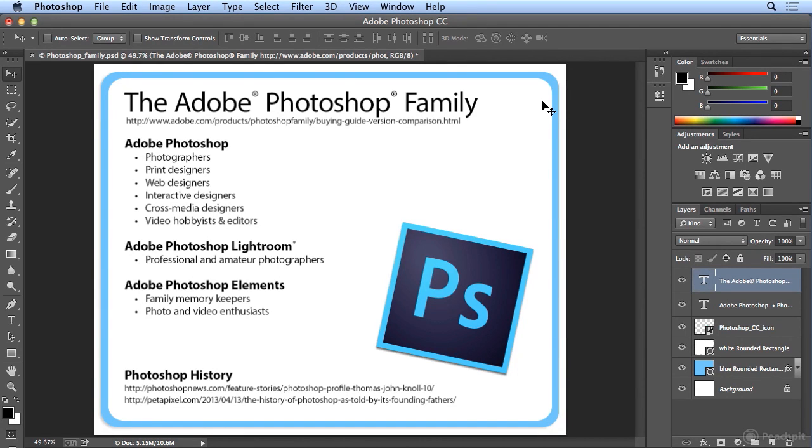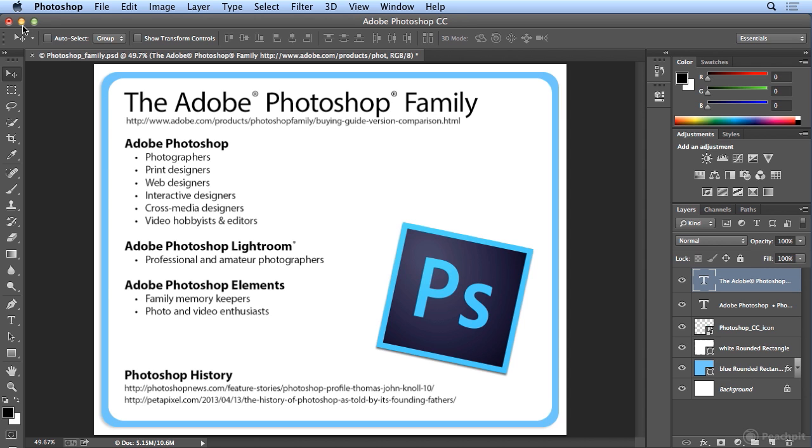Photoshop really consists of a family of products. There is Photoshop, which you're learning now, Photoshop Lightroom, targeted at high-end photography. But hobbyist and amateur photographers who have serious equipment love it and live for it too, and Photoshop Elements. So let's take a look at the two other products that are not part of this series, but are part